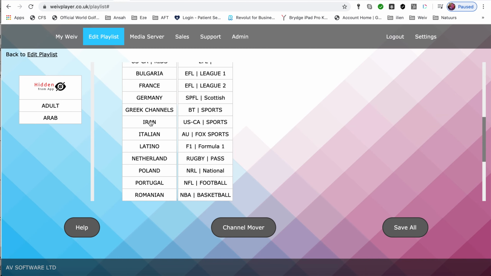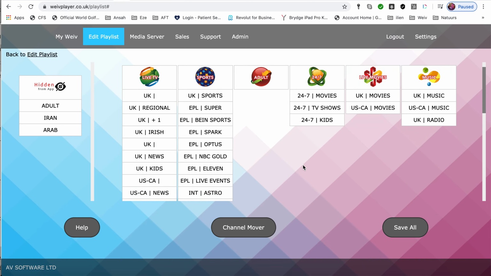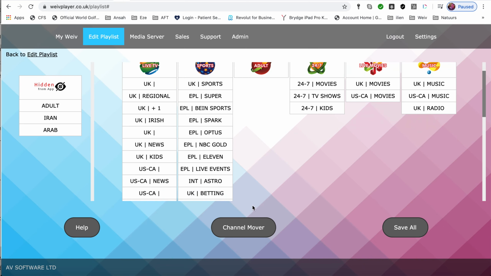So if you weren't going to use those channels, you can just move it over and stick it into the hidden from app. That means the customers won't see that content. So if it's content you think is irrelevant, nobody wants it, then you simply move it over there out of the road. So this is a unique feature, and another unique feature is that down below here we've got